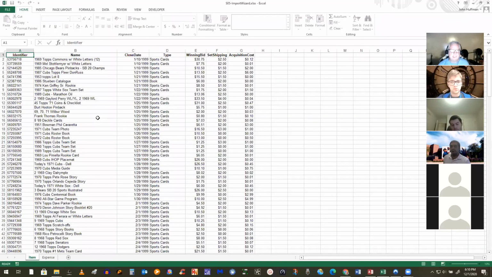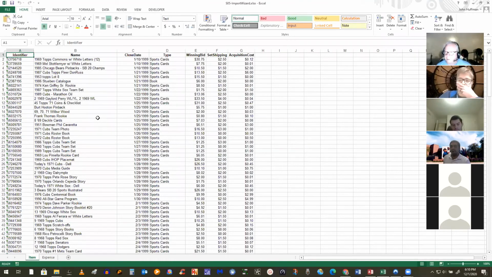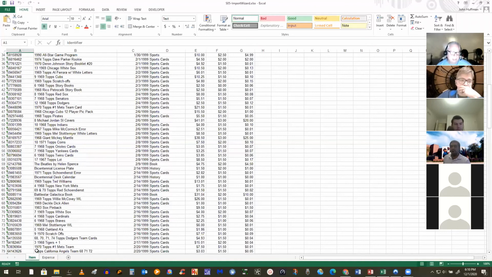This is a spreadsheet of my auctions that I did on eBay. And I actually have two worksheets on here, one for my items and one for expenses. Remember when we used that data before? I brought that into Access and we used it. But what if I wanted to just keep it in the spreadsheet and use it in Access? Well, it turns out I could do that.